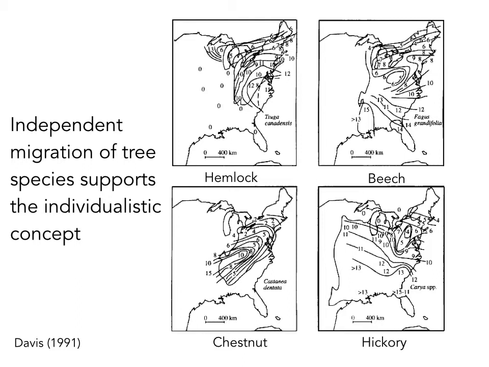There's other types of data as well that tend to support the individualistic concept, and these are data that are based on looking at the distribution of tree species in the past. These four panels show, you might think of them as kind of like topographic maps, if you will. What's shown is a map of eastern North America. And for each of these four different species, the isolines with the numbers next to them show the locations,